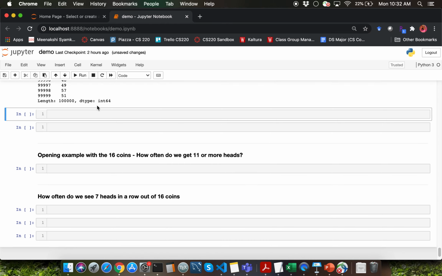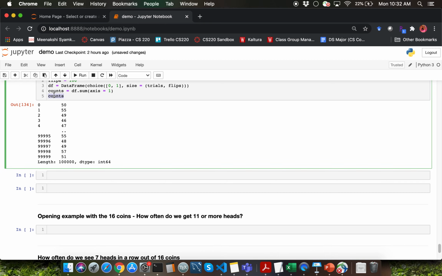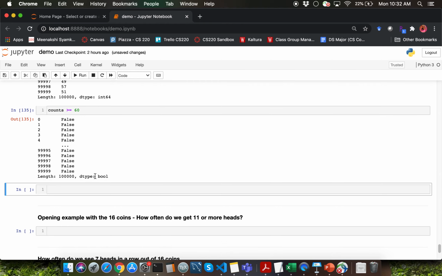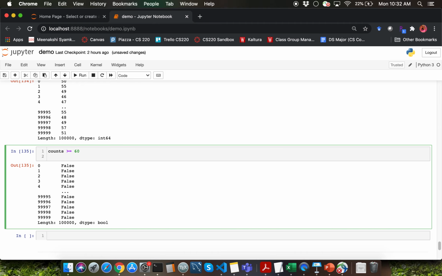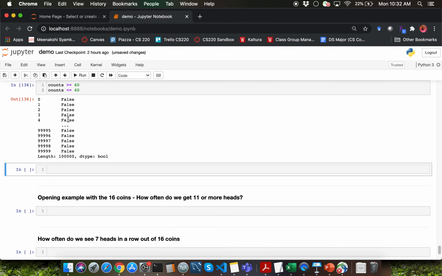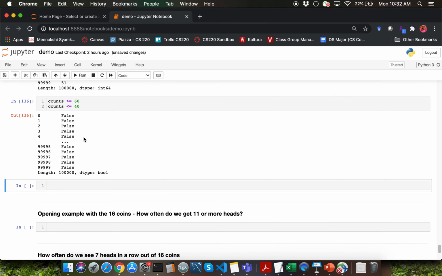So I want to determine the situation where counts is greater than or equal to 60, correct? So I can do that by saying counts greater than or equal to 60, and that's going to give me a Boolean series. Let's also look at counts less than or equal to 40 for the other part of our determination here, and that's going to give us another Boolean series.